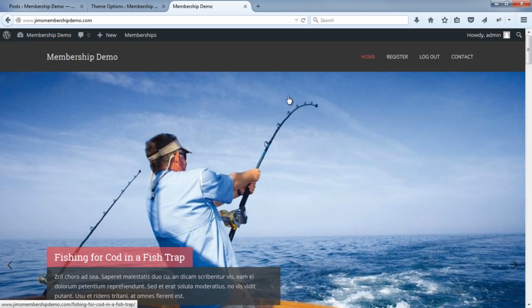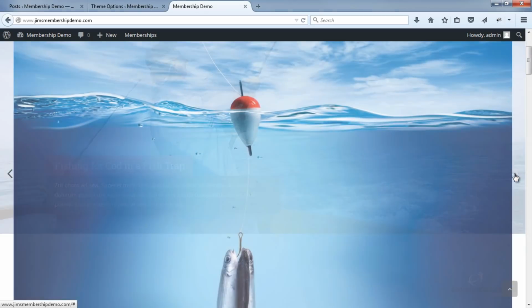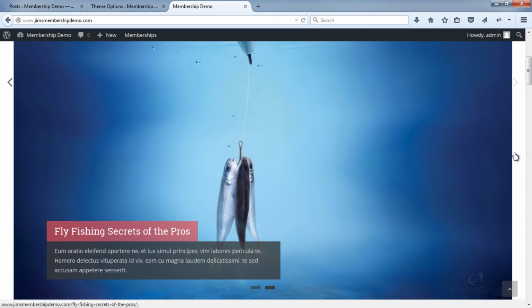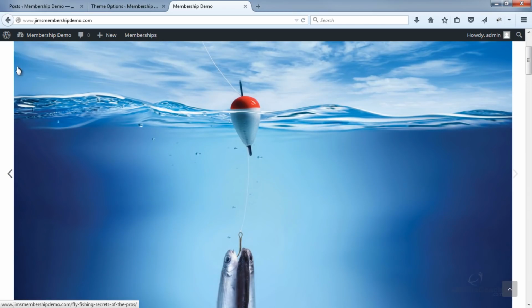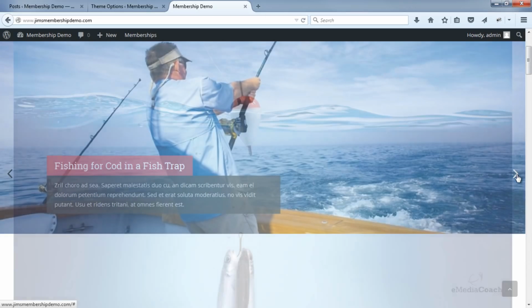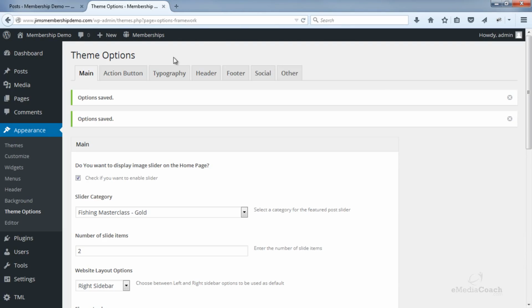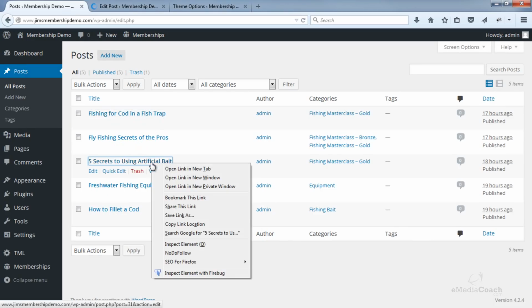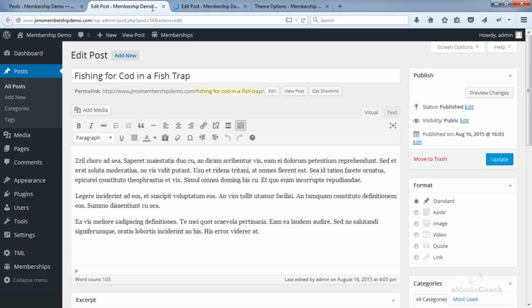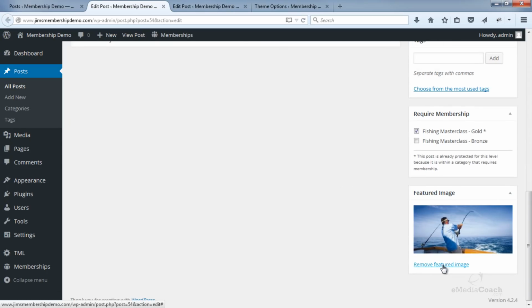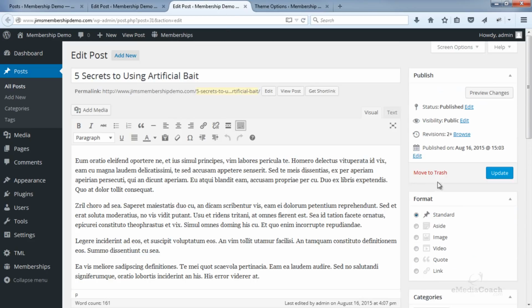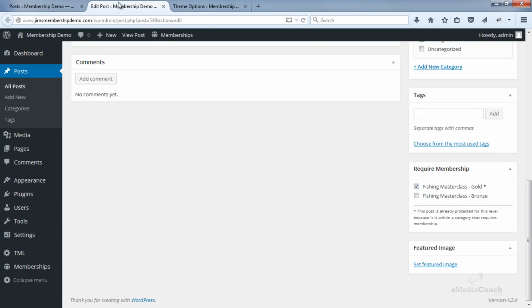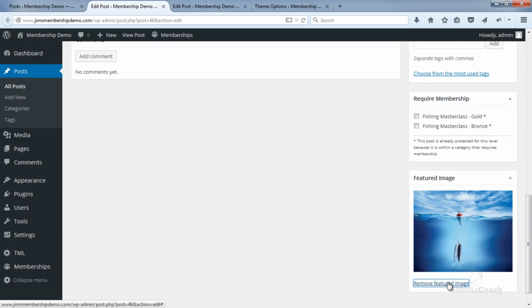Okay, so here is our image slider. That's the first slide, that's the second slide. And you can see that this image actually isn't big enough, or I should say wide enough, for the screen. Okay, so what I want to do now is I want to go back into these posts. So that one there and this one here, since they're both part of that category. And I want to remove the featured image there, and that's not the one, it must be the other one. This one here, I'll remove that.